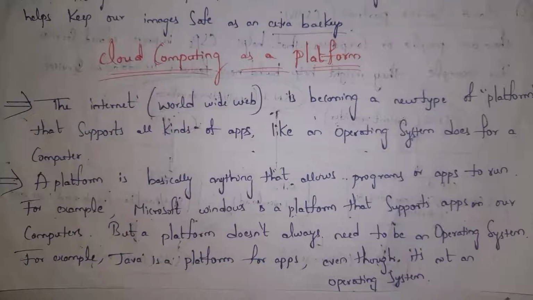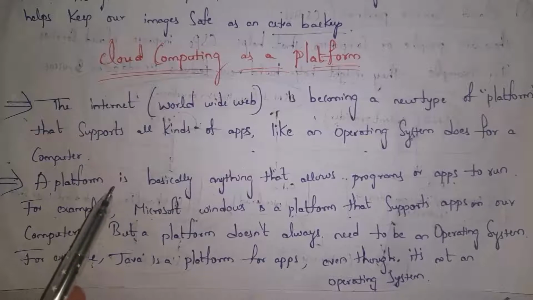For example, consider MS Office. Normally if you want to use MS Office, then we need to install MS Office on our computer. But instead of installing MS Office on our computer, we just need to open the internet and we can use MS Office online. So nowadays most of the software and apps are online. Cloud is nothing but the internet. So nowadays most of the apps and software are present in the cloud. We can use them online.